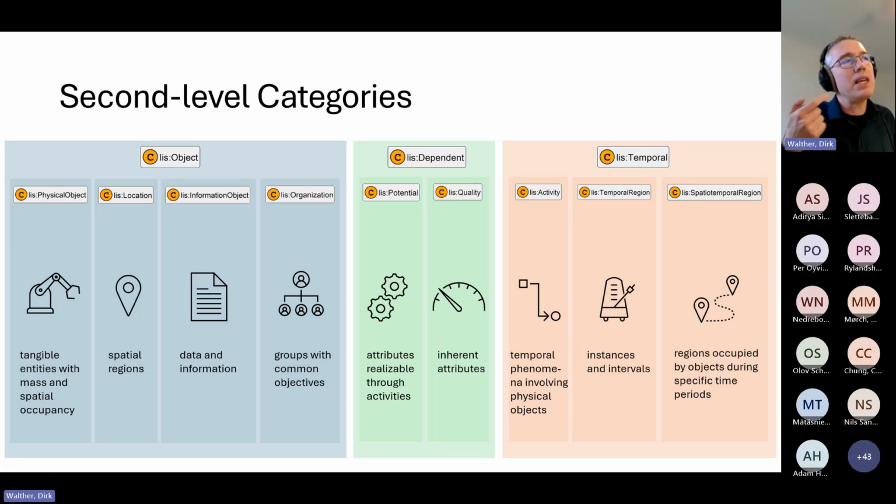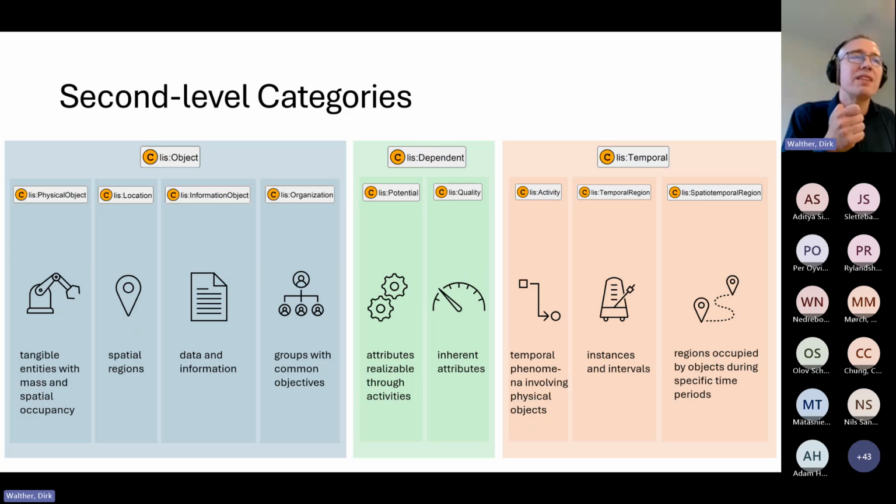However, there may be objects that don't fit into these categories. That is possible as well. But these are the main categories under object. Now again, any entity that we want to introduce can only live in one of those. So we can put it in object, but not in dependent or temporal.